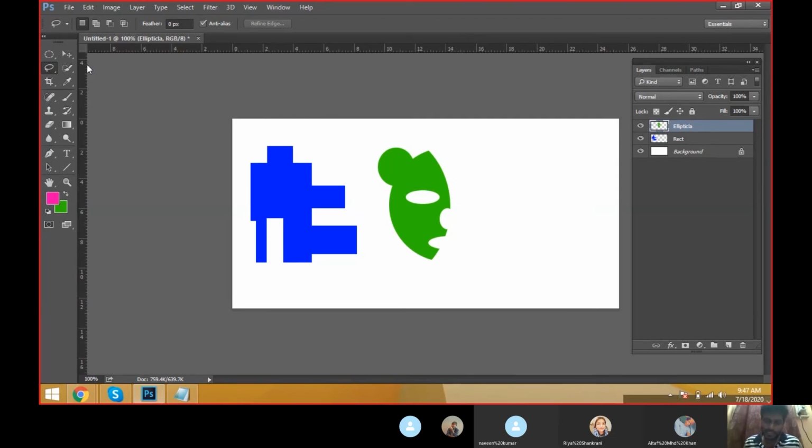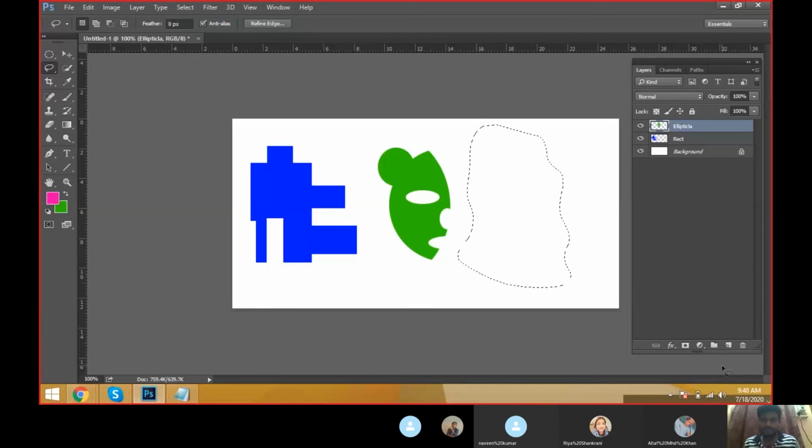We can draw shapes like this, draw the outlines of the shapes, and we can create a layer and color it.